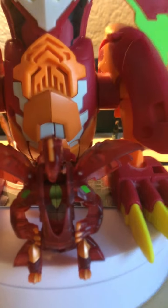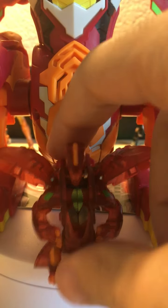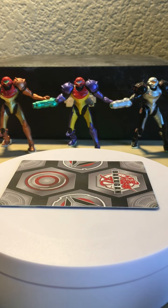My god. I mean, just look at how stupid this thing looks. And yes, you did see my Switch in the background. But there we go. Just massive. Getting him to close is even harder because you gotta put his head in and